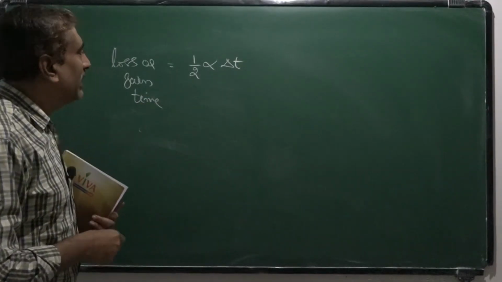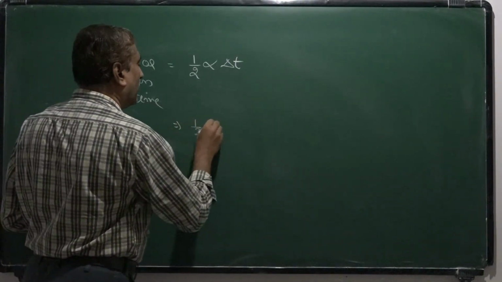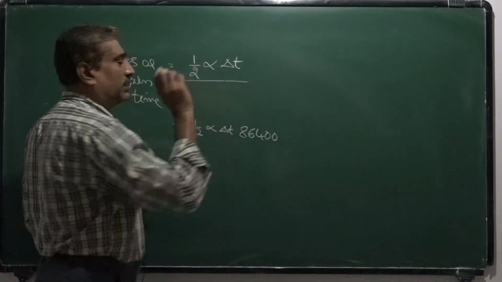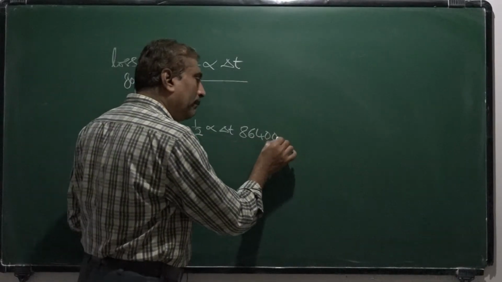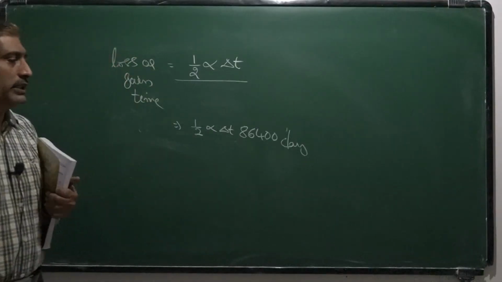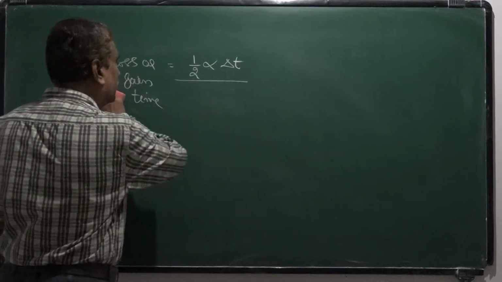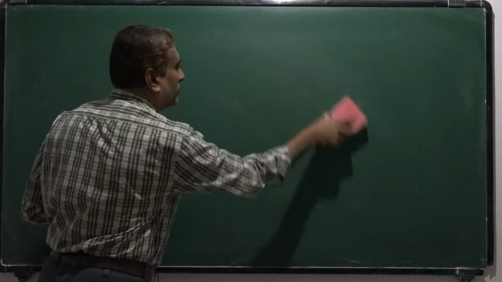So loss or gain of time per 1 day is given by half alpha delta t into 86400. This is only loss or gain of time, whereas this is the loss or gain of time per day. This is per day. Okay, you remember this. And another thing you have to remember is